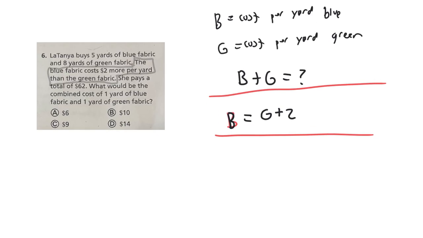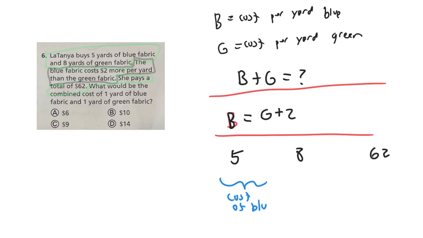Now, moving our attention to another part, which is this green information, and we have more green information down here. Apparently, this person bought 5 yards of the blue and 8 yards of the green, and the total cost ended up being $62. So why don't we make an equation out of this that sort of represents the cost of things? So, I think we understand that the cost of the blue